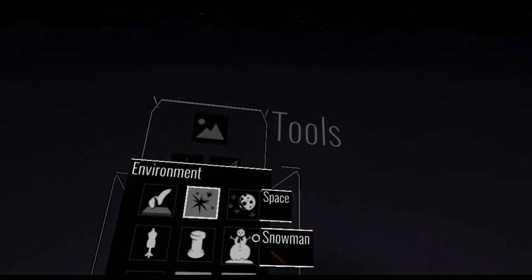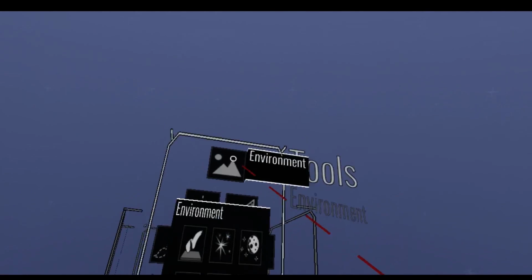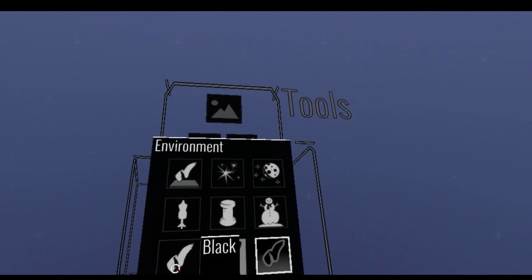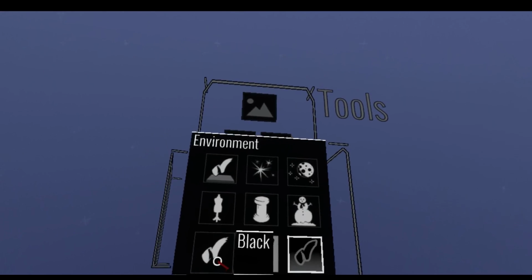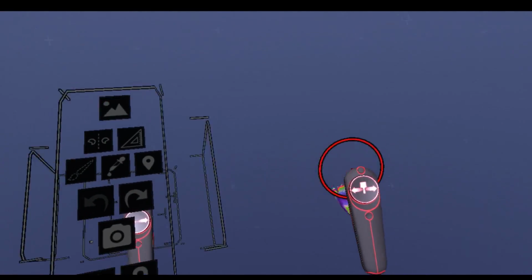Or we can, well, it's up to you really. I think I'm gonna go for blue for my painting, but if you want to try night sky, then that's also fine. Or maybe you want to create something in complete darkness, or with a snowman. It doesn't really matter, you can choose whatever you want. So, I've got my blue environment,